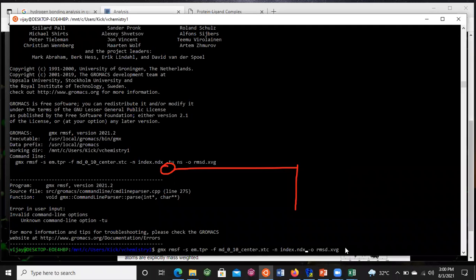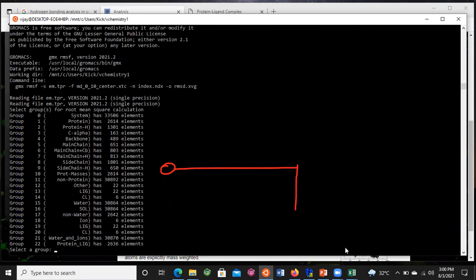Now press enter, and again it is asking for the parameter. In this case, we have to select the backbone. Just press enter.